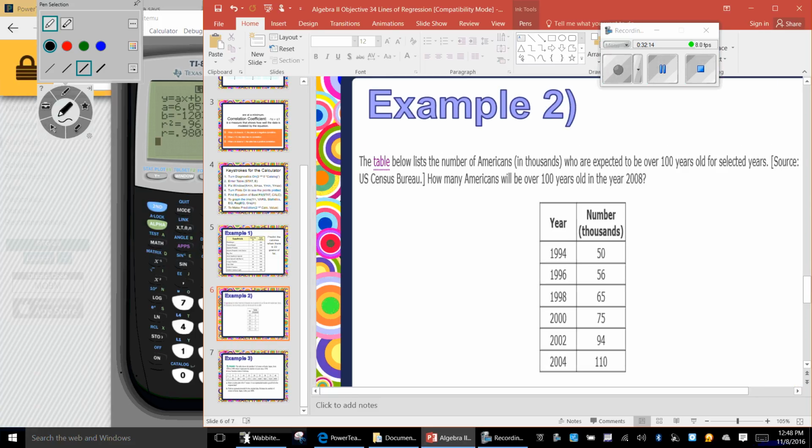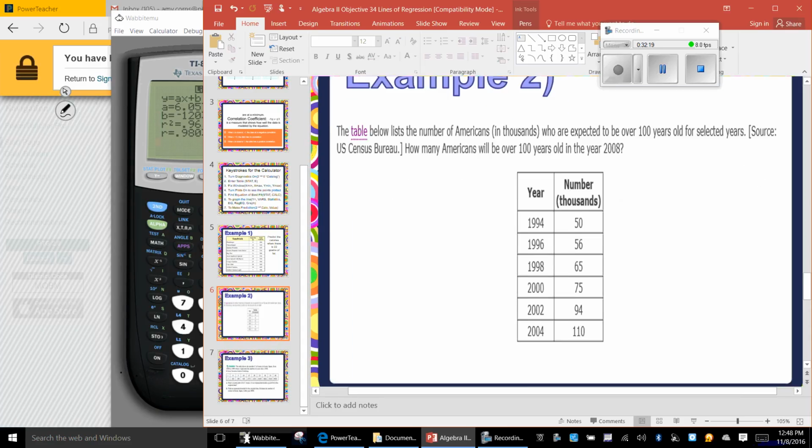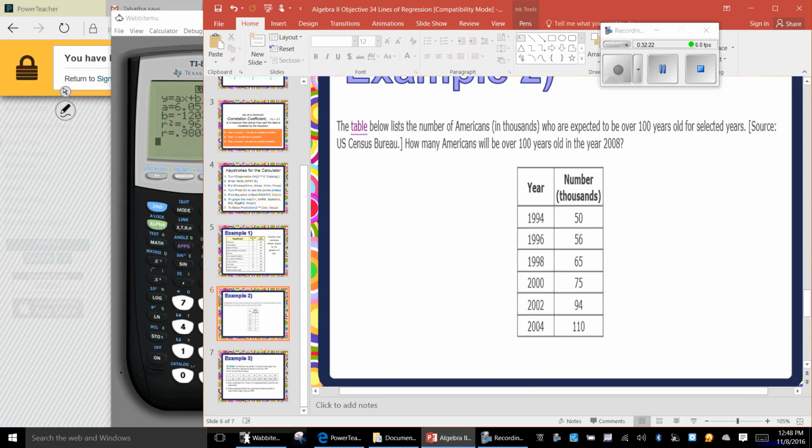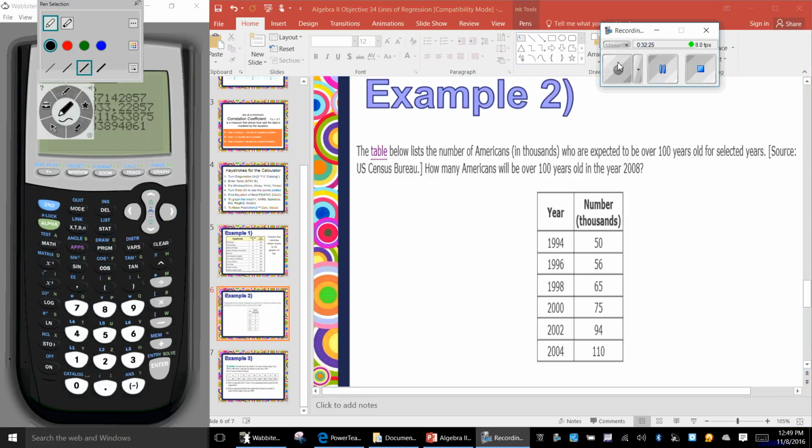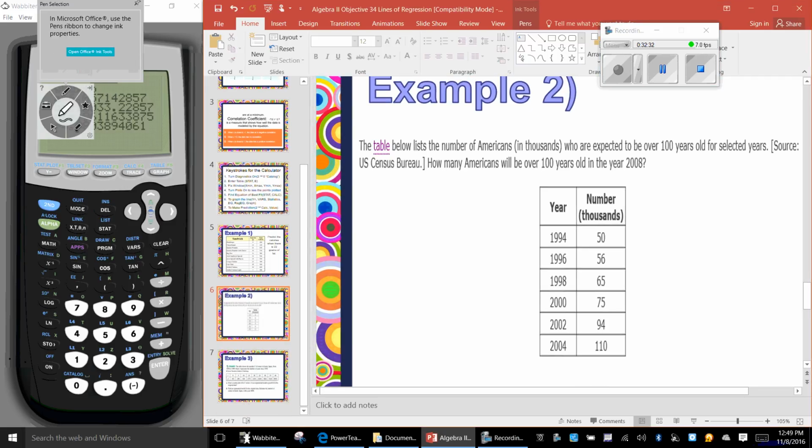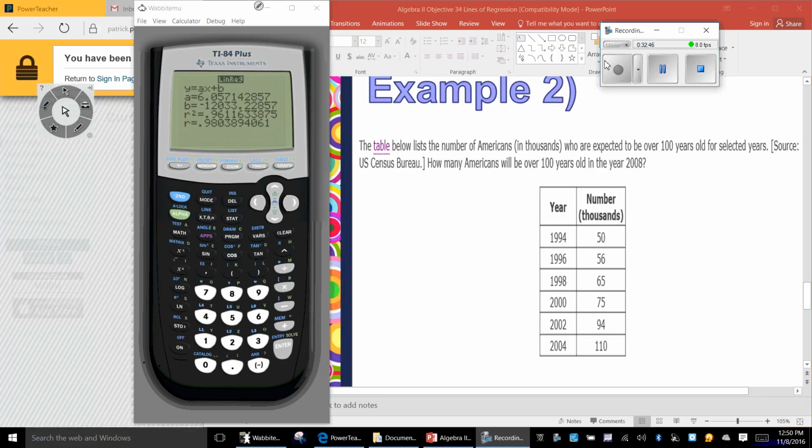Okay, since I'm not going to be able to write on this, we know the linear is 0.98, but